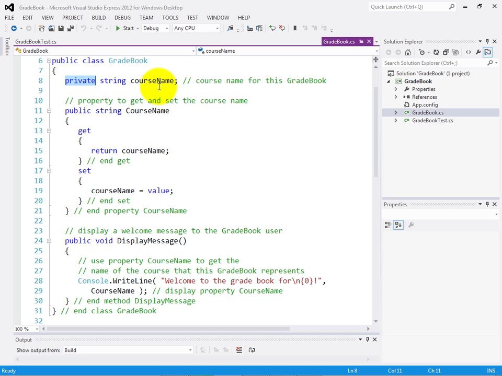So our course name variable initially is declared private here to say that it's known only within the curly braces of this class definition called GradeBook. If I define a variable named course name in some other class, it is not the same as this course name variable. Now, typically when you have instance variables in C#, you're going to provide properties for manipulating those instance